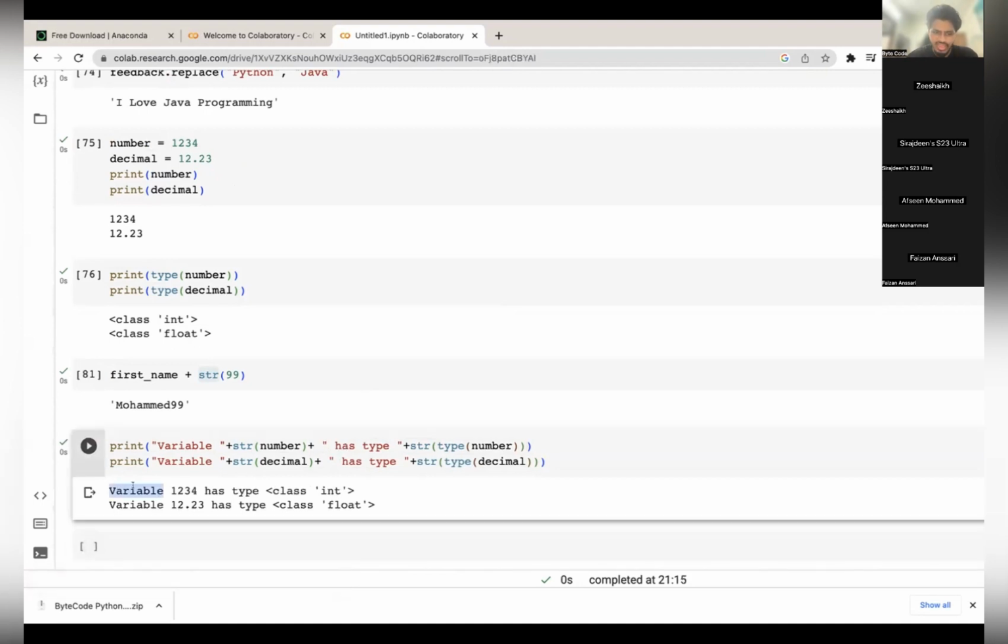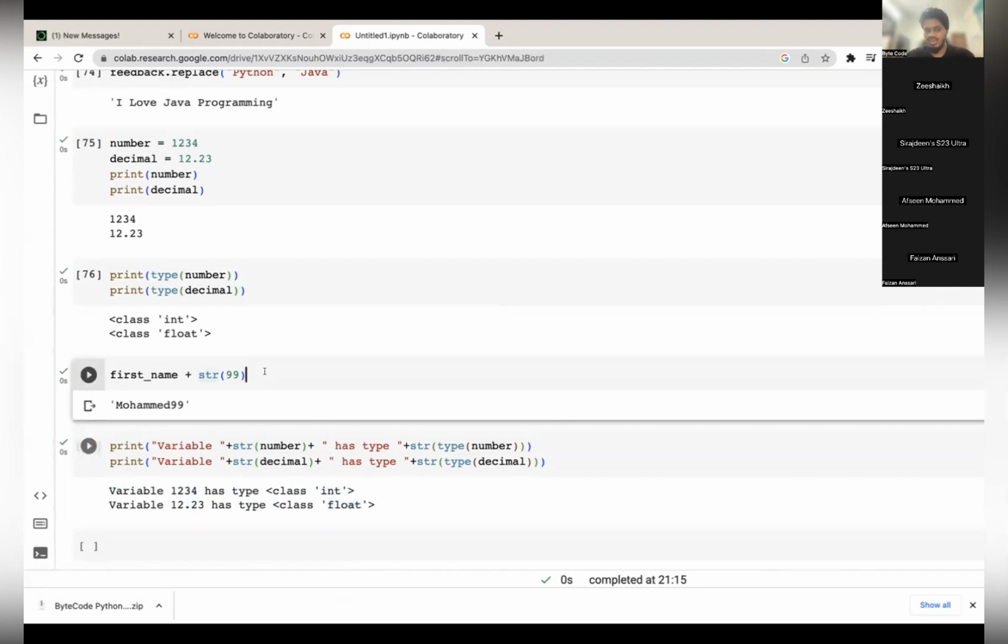Okay, variable 1 2 3 4 as type class int, variable 12.23 as type class float. This is one of the major concepts. Did you guys understand this?